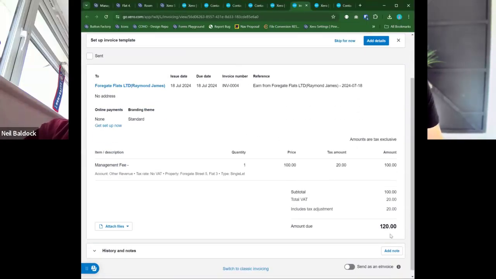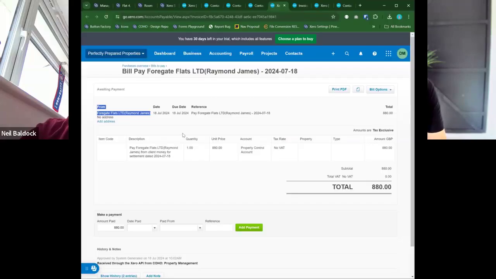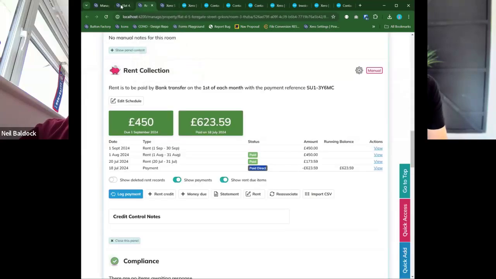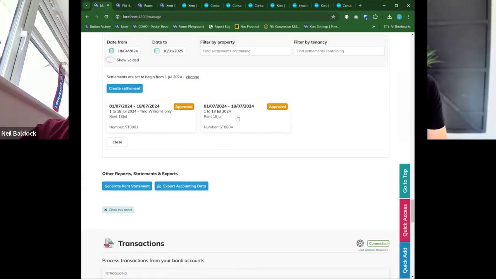This invoice of £120 is you earning that money on your current account, a different bank account, which is another money movement. And this 888 is the money that's paid out to Foregate Flats Limited or Raymond James. And that's essentially every settlement has these three money movements as the money makes its way from the client money account to the property owner and to your organization. And all of that is driven by these settlements,